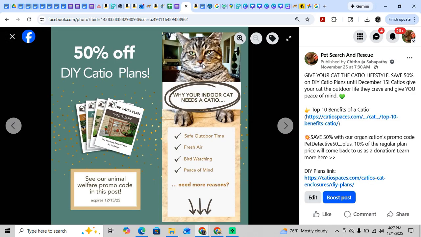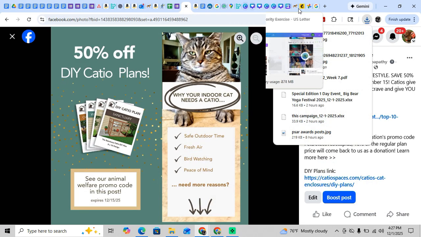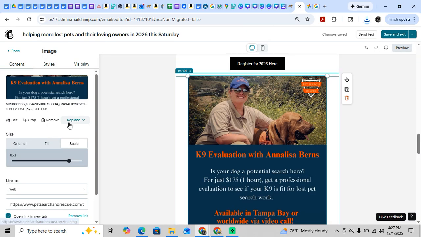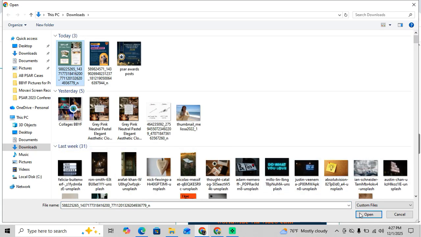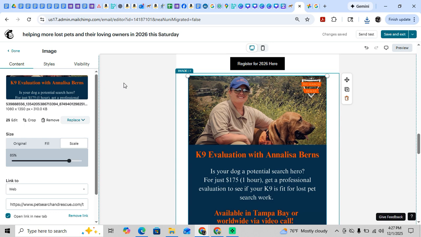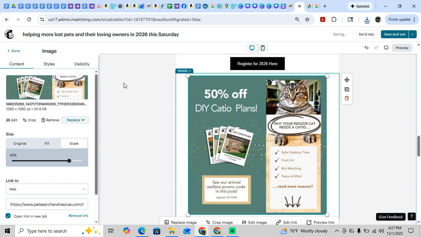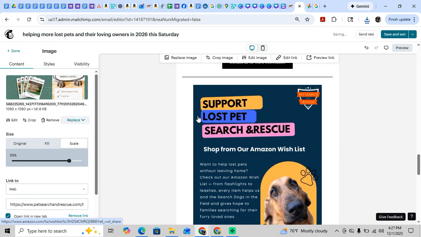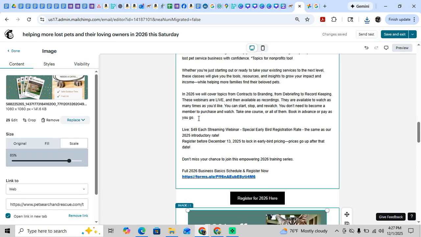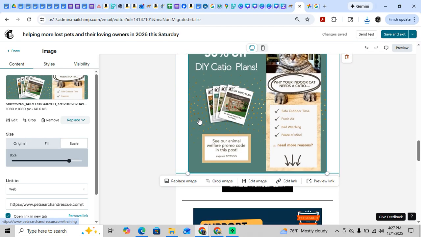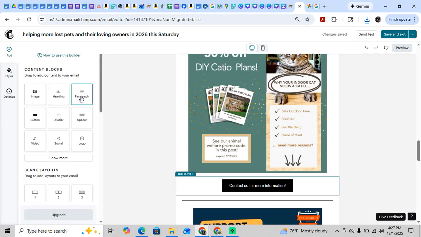take this one, right click, save image as, save it to my downloads. I already copied the text, so I'm going to go back here, replace, upload an image, and select this offer. There it is. I need to update the text. Link. I meant link. So now I'm going to, this doesn't have text on it, so I'm going to add